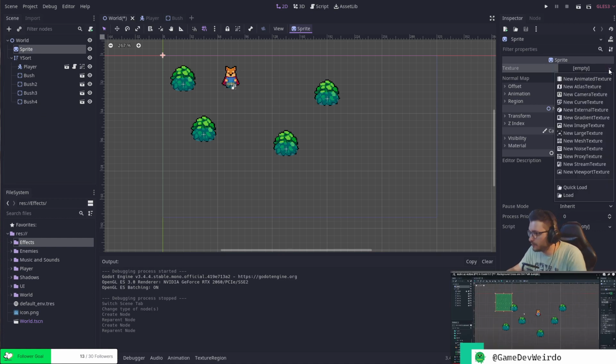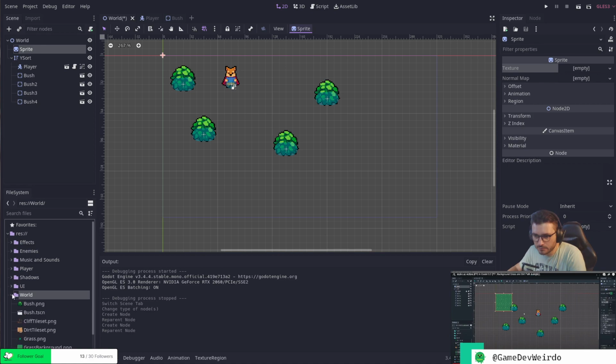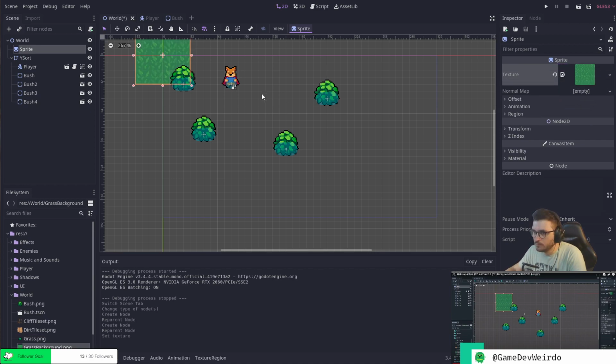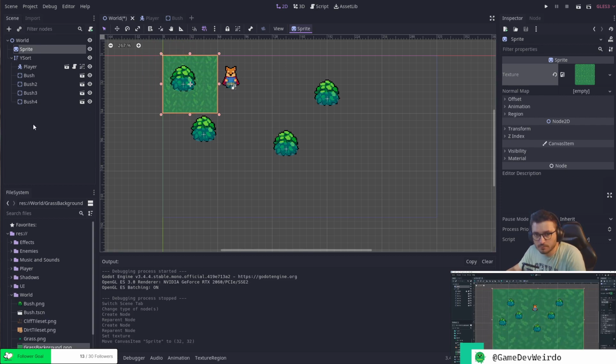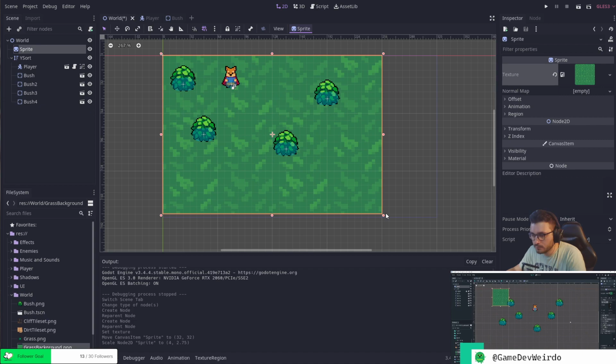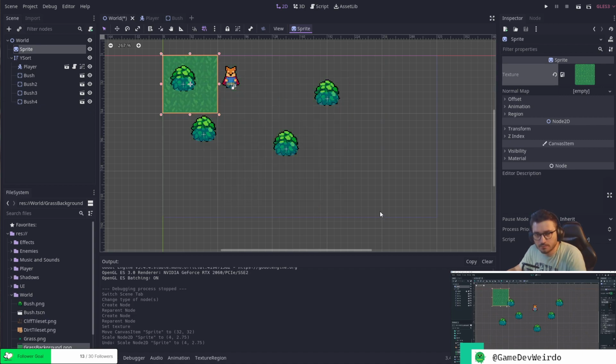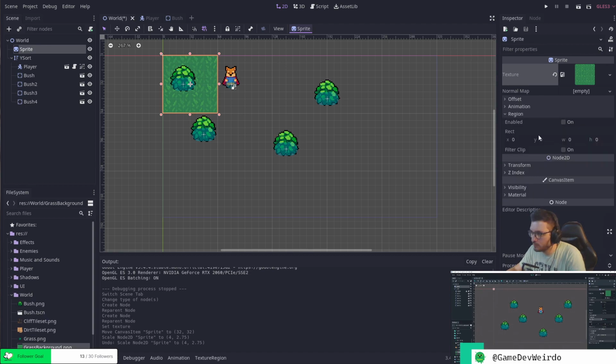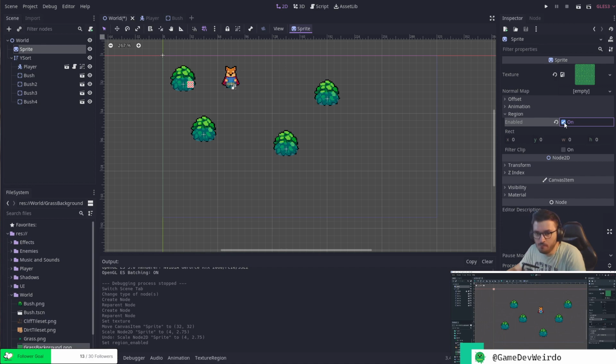Wait a second. World. And you can see there is our sprite. However, if we drag this out, it's going to stretch it, right? And that's not what we want. So how do we make this sprite fill up the entire area right here without stretching it like that? Well, if we come into region here, we can enable region. And the first thing you'll notice is that it shrinks all the way down like this. And we also get a new tab down here called texture region. And we can come into here, click on this, and we can see